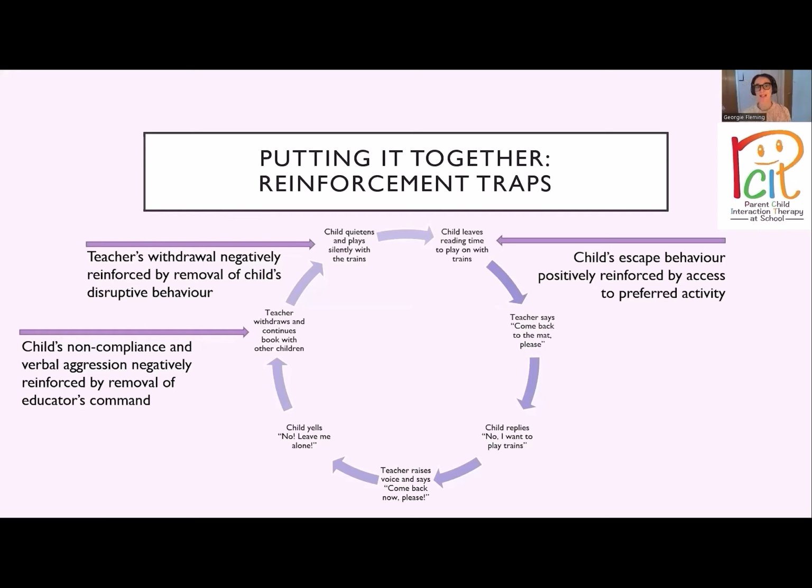And you can see how this plays out with parents so often, that they get stuck in these cycles where kids tantrum. We see this from little tiny ones all the way up to adolescence, where kids tantrum or get aggressive or threaten. And at that point, the parent goes, oh, you know what, too hard. And so they withdraw. It means that next time the pair is in that situation, the kid is going to start at that point, because that was the thing that was effective last time. So they're going to start at that point of aggression or tantrum. And you can see how this process leads to increasingly disruptive behavior.